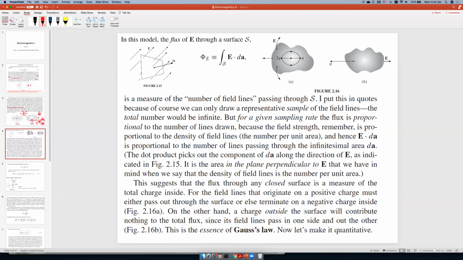Now let's see, if you have a closed surface in situation A, and you have two charges, 2Q and Q, positioned inside the surface, then the field lines should look like this. Some of the field lines go out, some of the field lines go